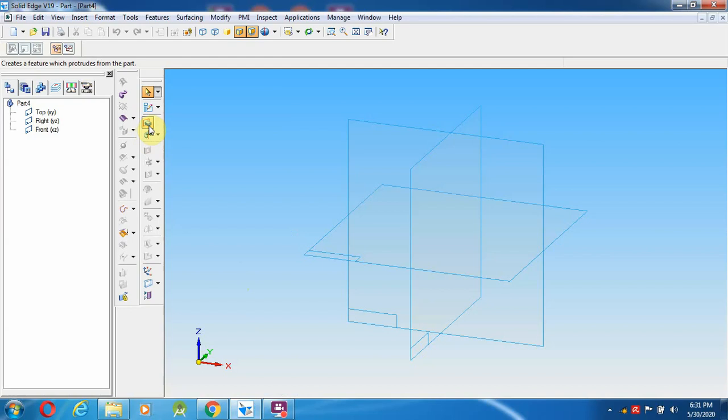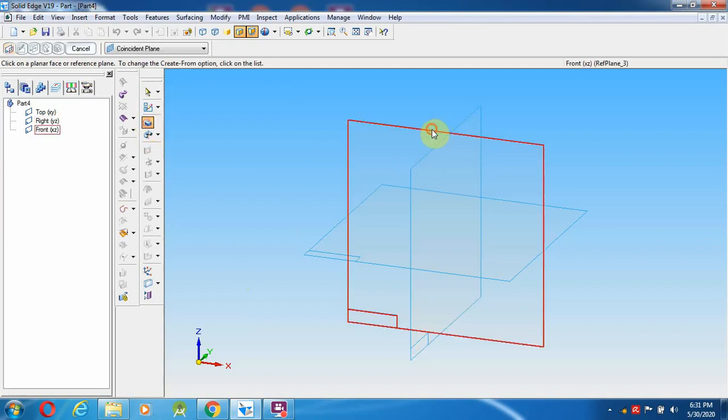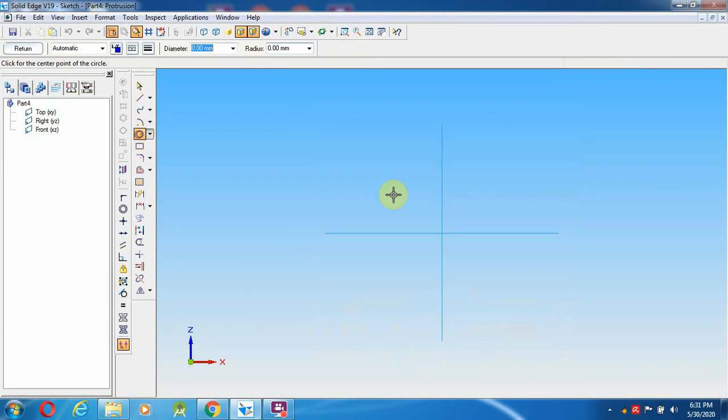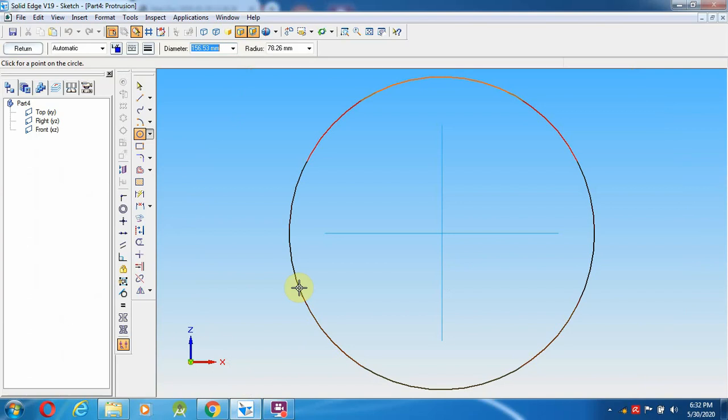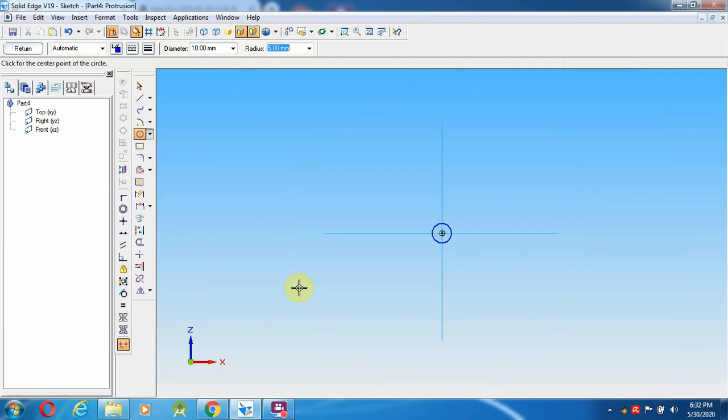The option is called protrusion front. Select a circle. What is the diameter? That is M10, so 10 mm diameter, and give return.